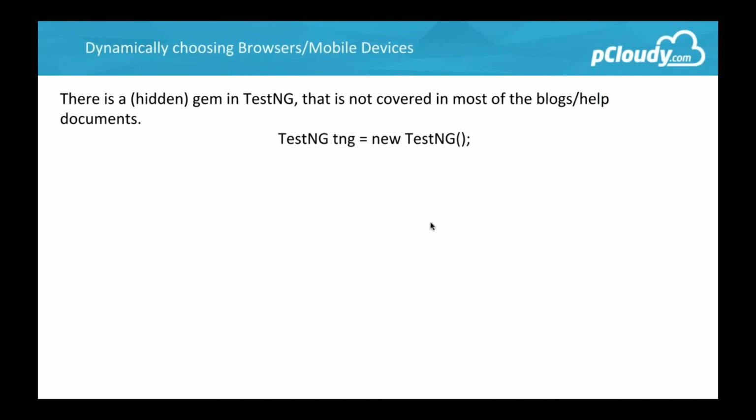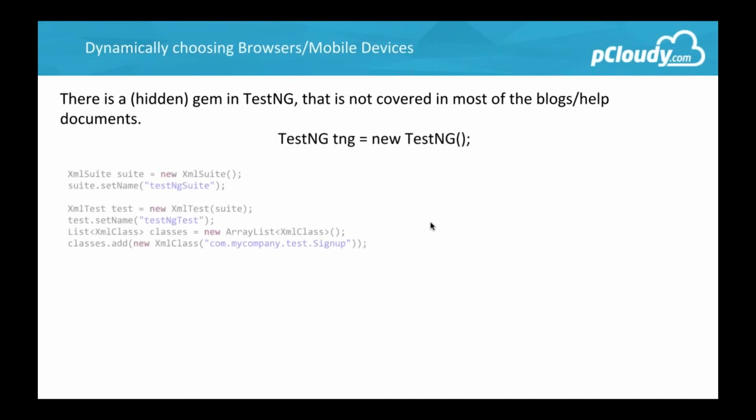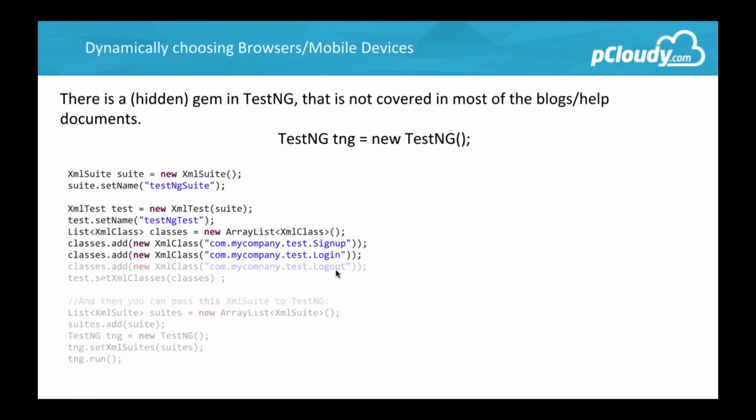So TestNG testng equals new TestNG. What I can do, instead of writing my testng.xml, is write it as a Java program. So XmlSuite suite equals new XmlSuite. I can set the name. Then XmlTest test equals new XmlTest. I assign it to a suite. I can set the name of the test. I can add some classes. Classes.add new com.mycompany.test.signup, login, logout. So I have added three test classes,